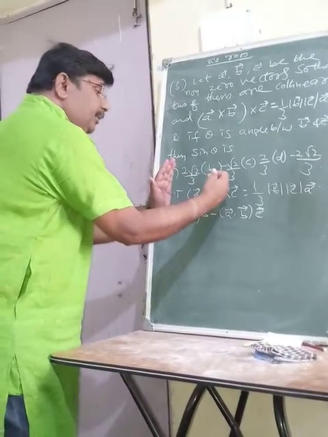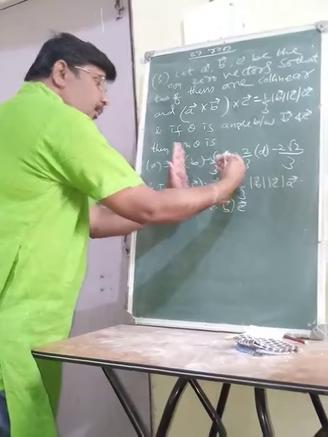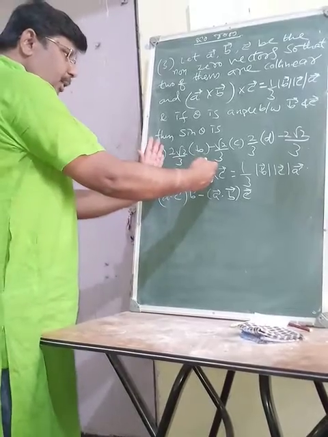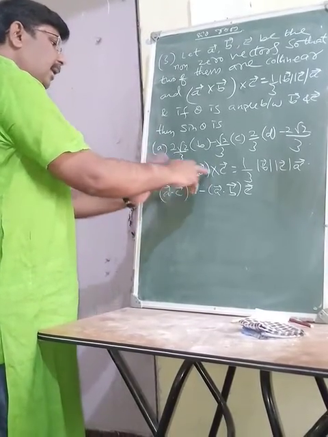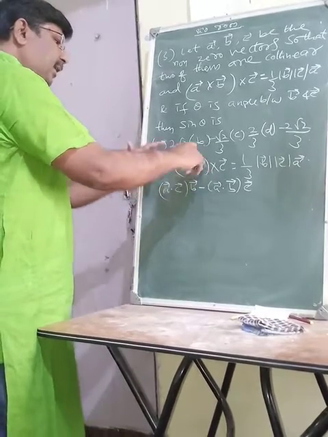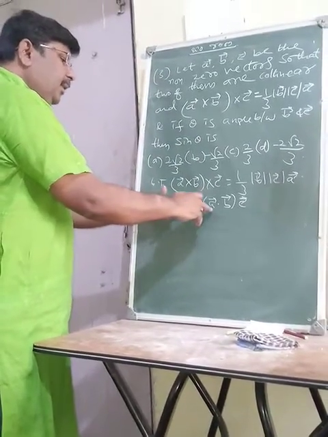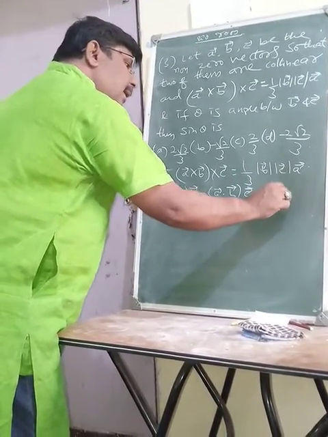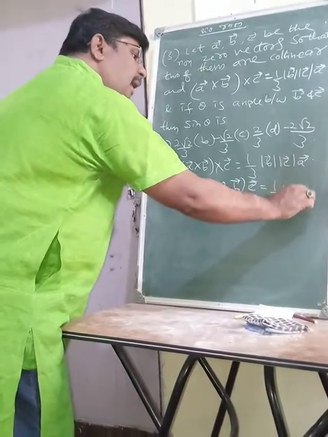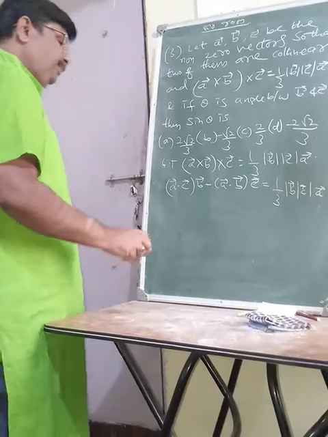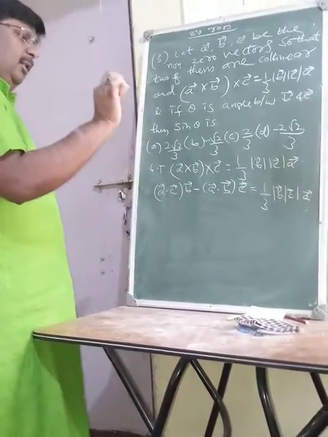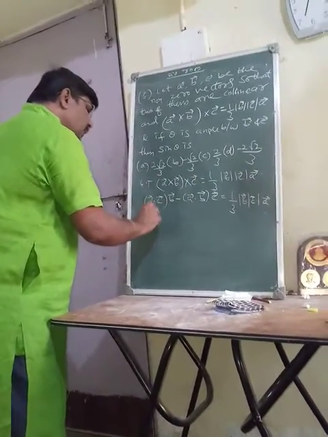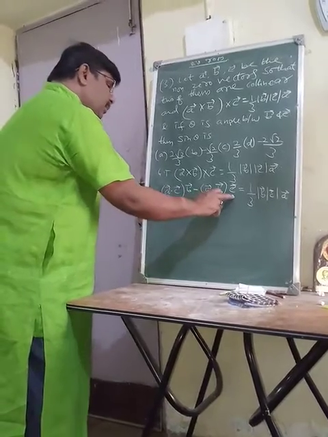While putting the bracket for the first two and while putting the bracket for the second two, they are different. It is A cross B cross C. For the first two, we have put the bracket here. Its definition is A dot C B minus A dot B C is equal to, it is given, 1 by 3 magnitude of vector B, magnitude of vector C into vector A. Magnitudes are after all only numerical quantities, they are scalar quantities.